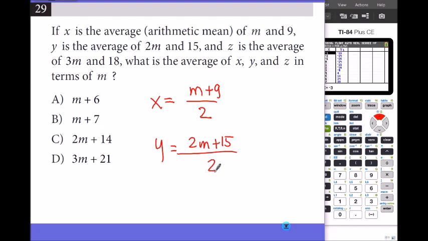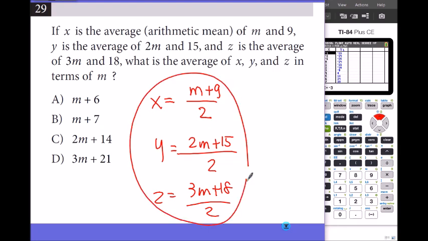There are 2. And z is the average of 3m and 18. Which is the average of x, y, and z in terms of m? So now we are looking for the average of these. So that means what? We add them all and then divide by 3. And they have the same denominator, so that's nice. So I divide by 2,